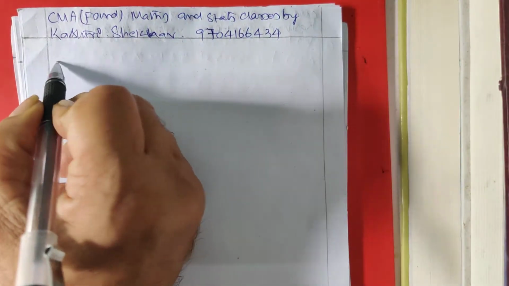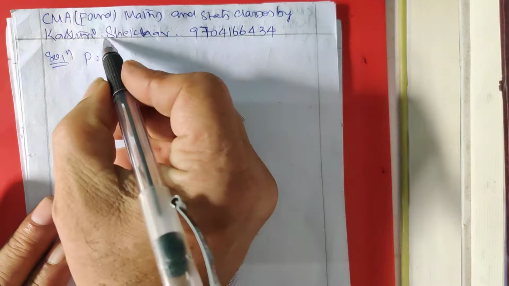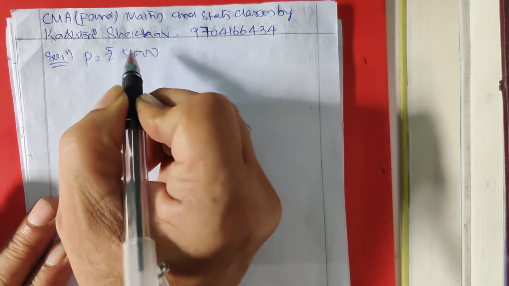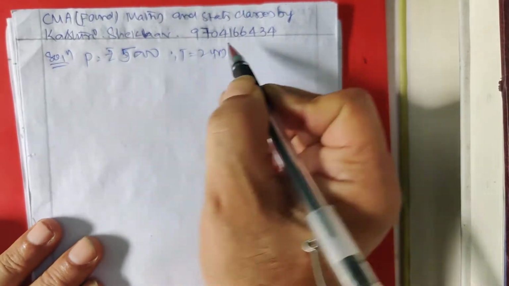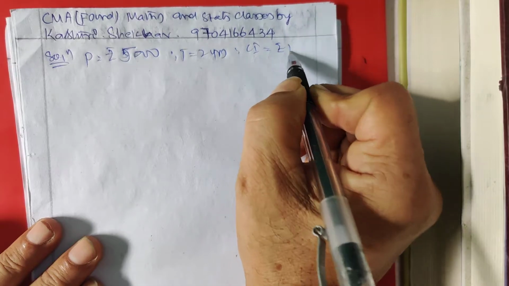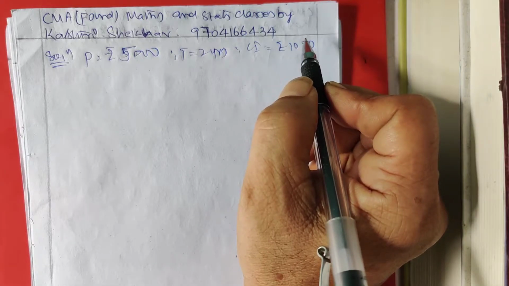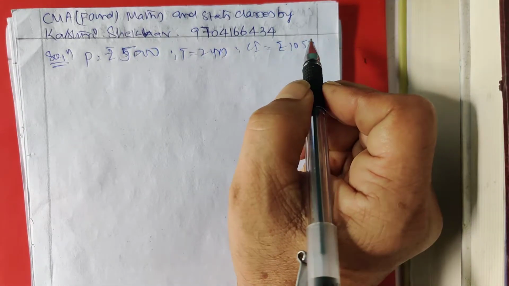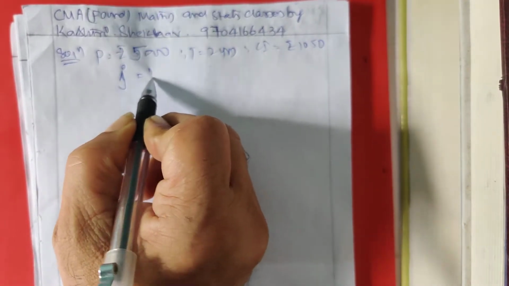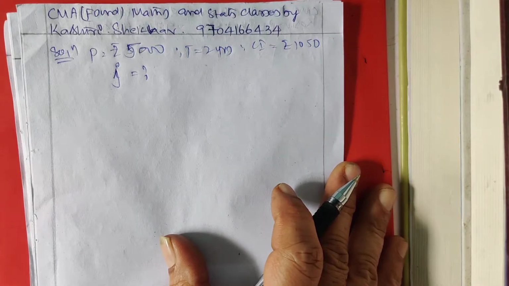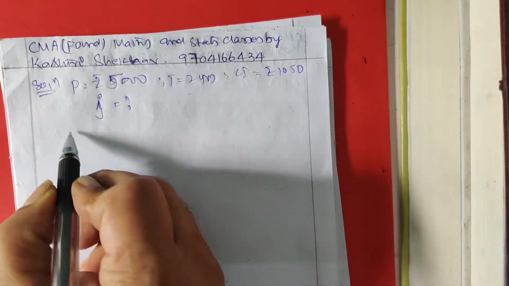Solution, sir. Principal is rupees 5000. Time is equal to 2 years. Compound interest is rupees 1050. Then what is required? i is equal to the nominal rate of interest, which is the question mark. Here interest is calculated annually. There is no conversion at all. Let us go for the solution of this.